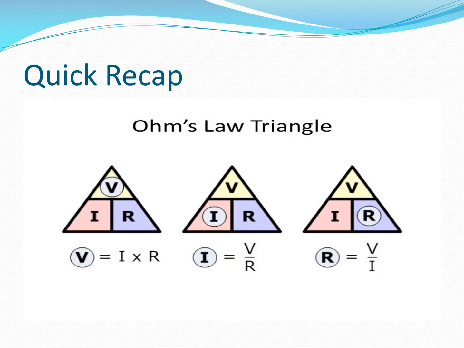Quick recapitulation. An easy way to remember Ohm's law formula is a triangle. V is equal to IR. So you take V, that is on top, and IR is down. If you take I, then it will be V by R, because V is on the top of the triangle. And if it is R, it will be V by I. So practice this triangle formula and you will be able to remember Ohm's law formula, how to find out potential difference or current or resistance.